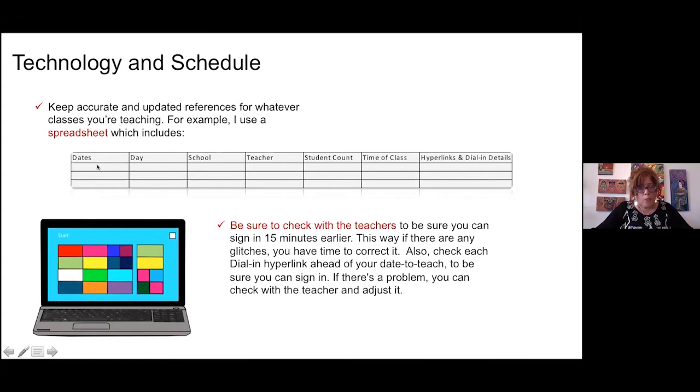So go through each one of your classrooms and do a spreadsheet. Save the spreadsheet, and then when it's time for you to teach that class, you won't panic, you won't be looking for the link. You just go to your spreadsheet, you click on the link, and you are in the classroom. You have done all the prep work. Like I said, if you've done all the prep work and you cannot get in, you have their phone number. So you can call them and they will answer, and then you can take it from there. If all that doesn't work, plan B, reschedule.